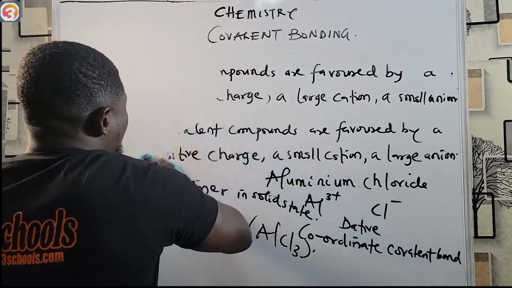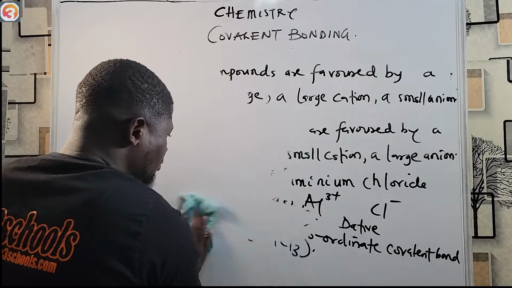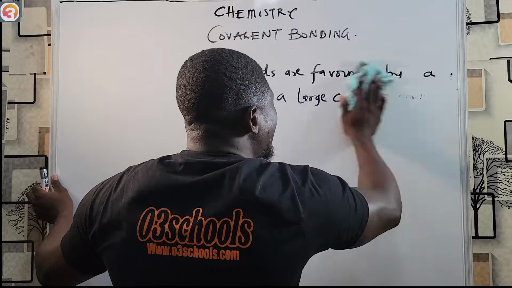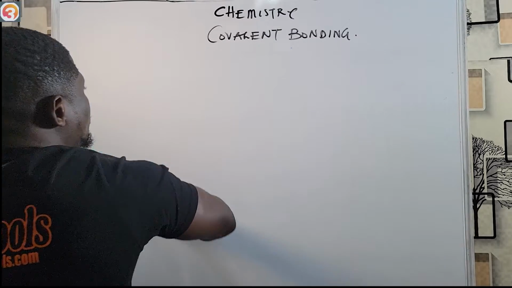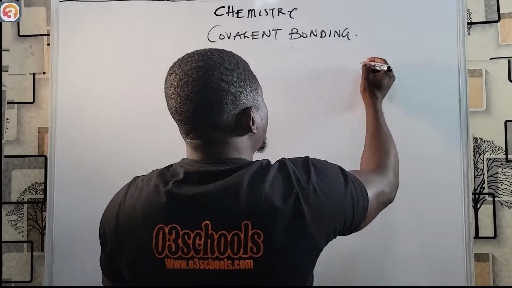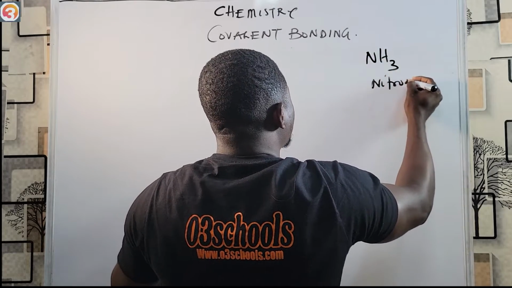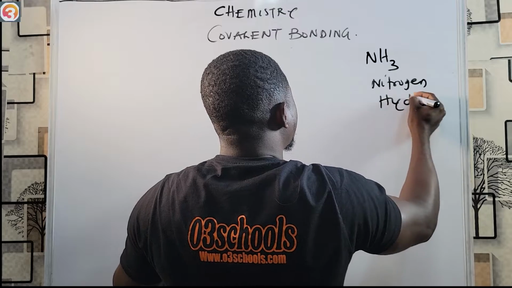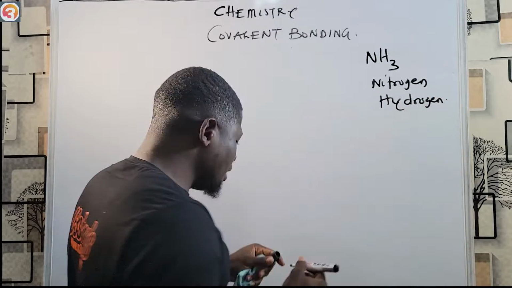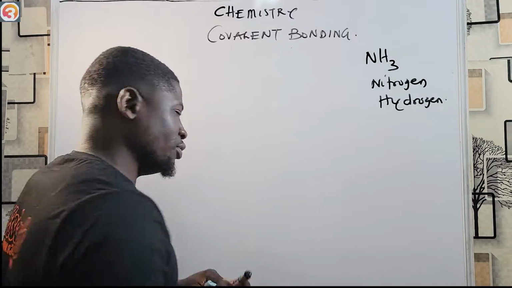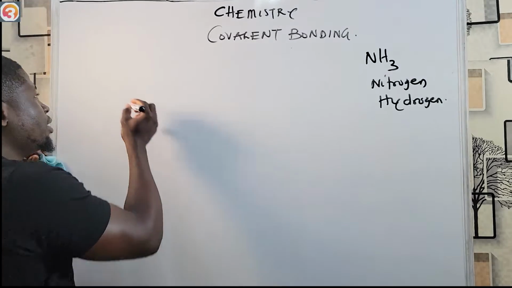Now we're going to consider the covalent bond in the formation of ammonia, NH3, between nitrogen and hydrogen. But before we do this, let's see generally how covalent bonding works. So in covalent bonding, you are going to have